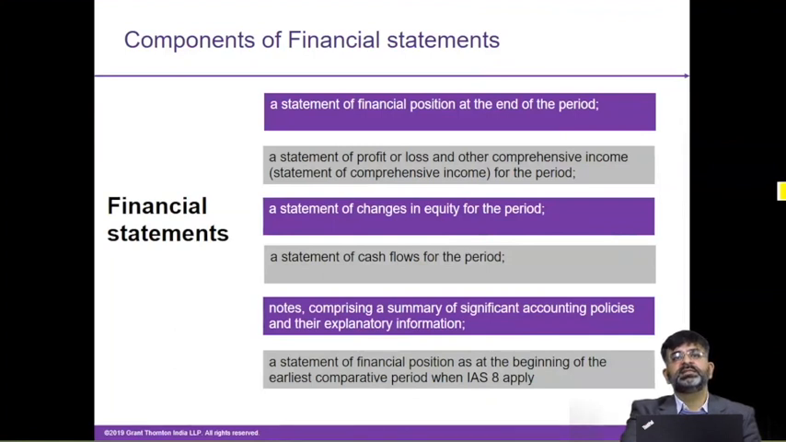Now if I just show you that these are the 6 items which we have discussed. So first thing is balance sheet, second is profit and loss account and other comprehensive income, third is statement of change in equity, fourth is cash flow statement, fifth is notes to accounts with significant accounting policies as well as explanatory information, and the sixth one is the extra balance sheet,